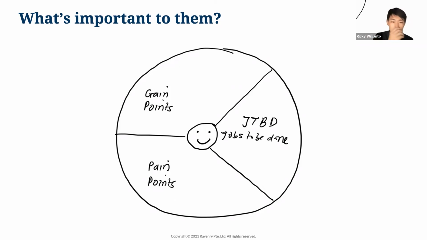And then when we talk about vitamins, we're talking about services that purely address gain points. Things like luxury items, right? Does it solve any pain point? Not really. What it does is it just gives you social status, it makes you feel good. It's all services or products that solve the gain points for the customer. So as a freelancer, if your offerings are focused on just becoming a vitamin